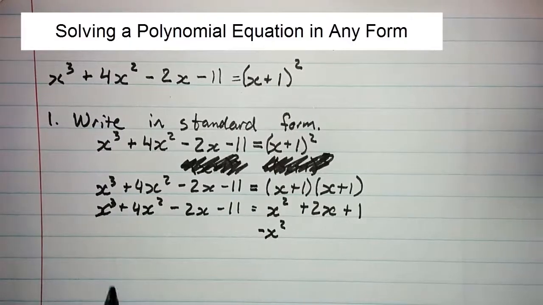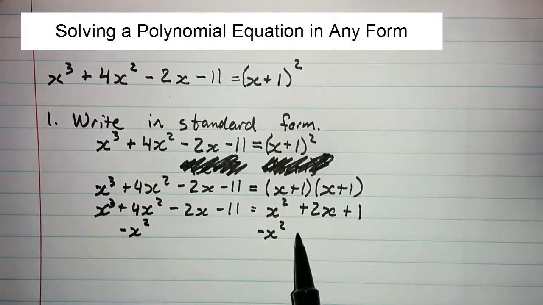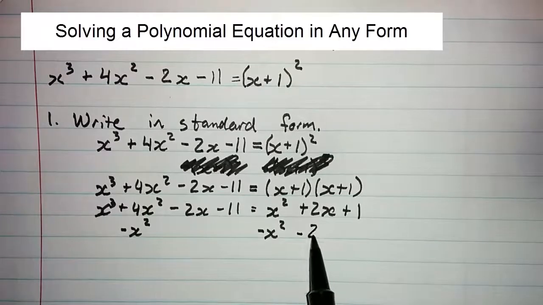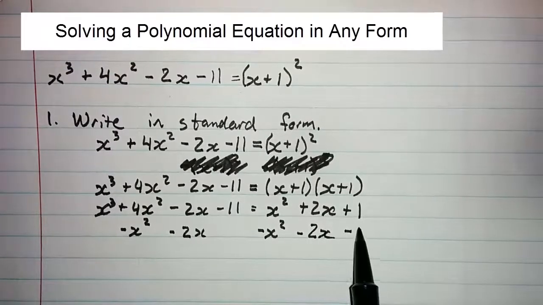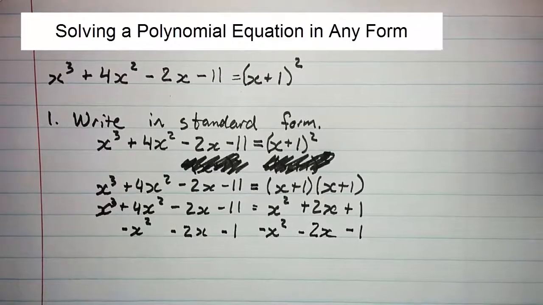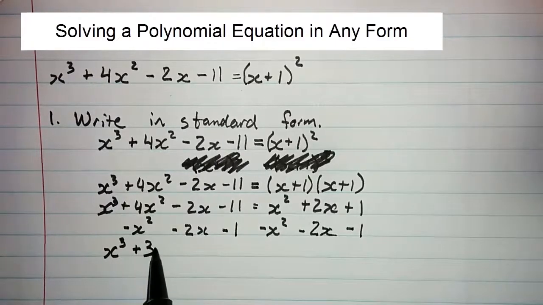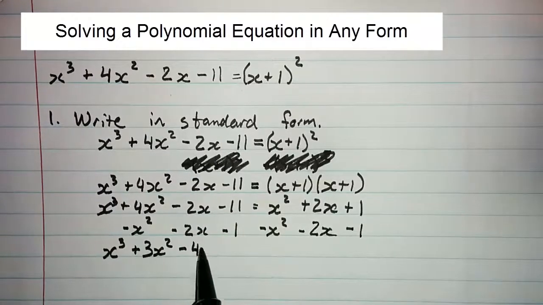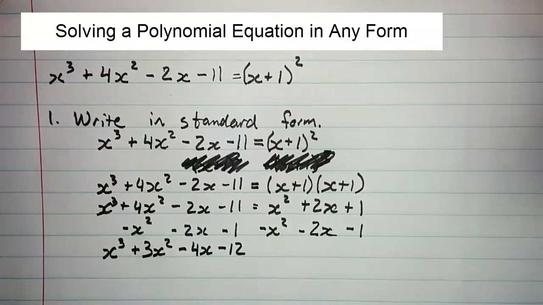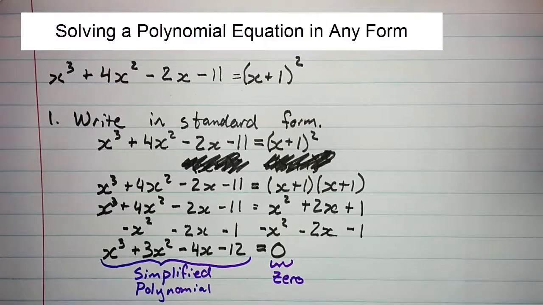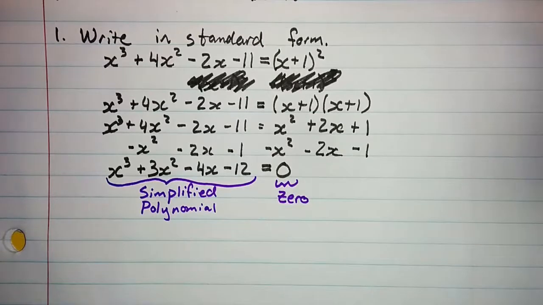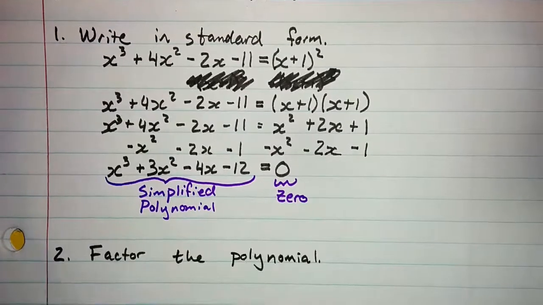So we'll subtract x squared from both sides. We'll subtract 2x from both sides. And we'll subtract 1 from both sides. That will give us x cubed plus 3x squared minus 4x minus 12 equals 0. Recall, this is now simplified polynomial equals 0. This is standard form. Then, once we have standard form, we proceed just like we did before and factor the